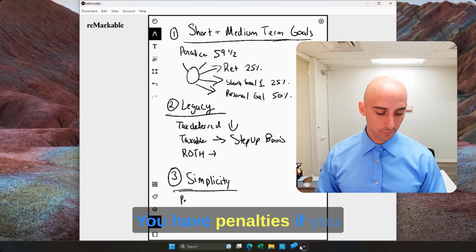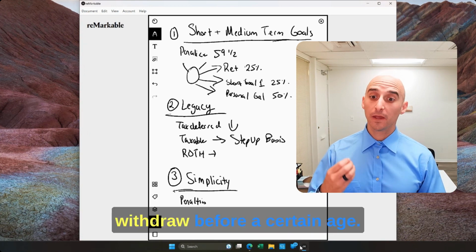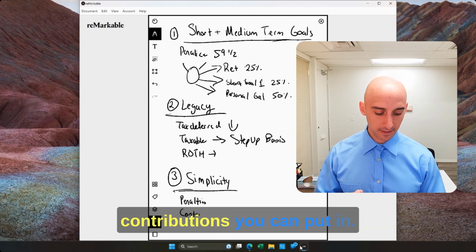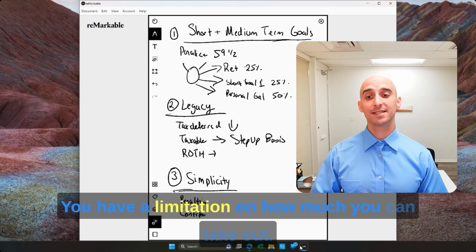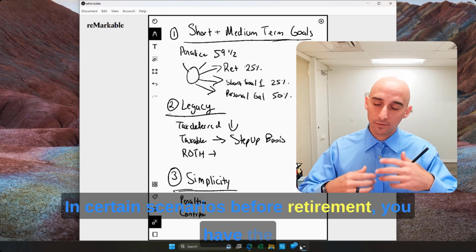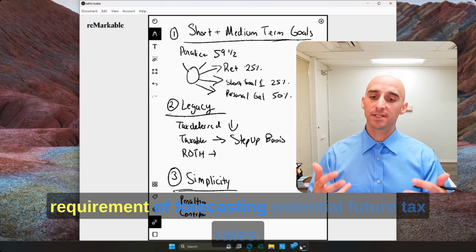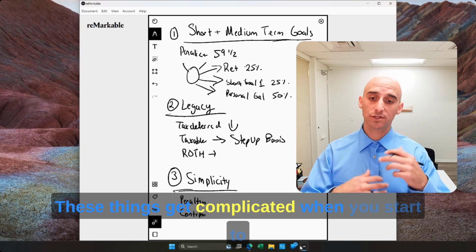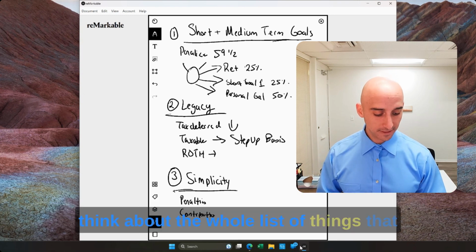You have penalties if you withdraw before a certain age. You have limitations on how much contributions you can put in. You have a limitation on how much you can take out in certain scenarios before retirement. You have the requirement of forecasting potential future tax rates. These things get complicated when you start to think about the whole list of things that you have to consider